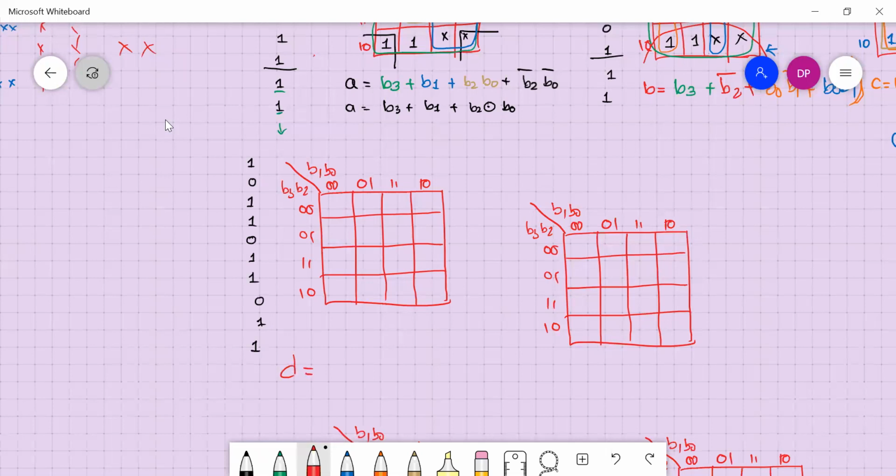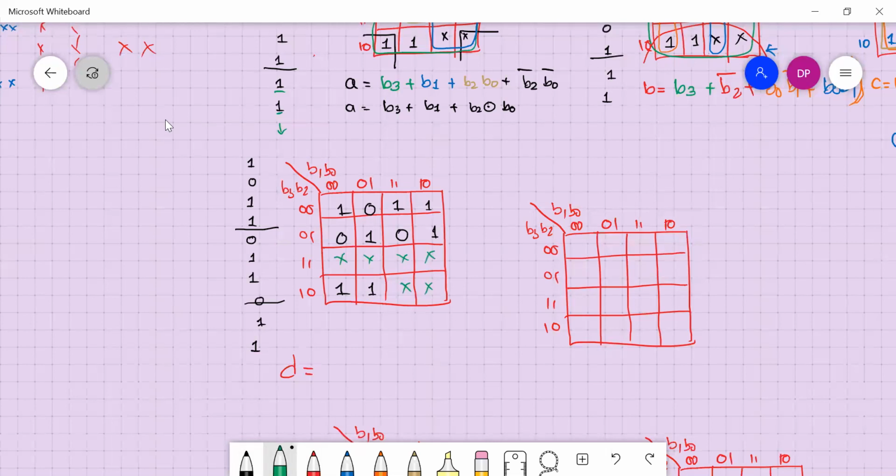People can start doing it yourself. I'll fill. So this is 1, 0, 1, 1. This is done. Then 0, 1, 1, 0, 0, 1, 1, 0. Then you have 1 and 1, right? And other values are don't care.